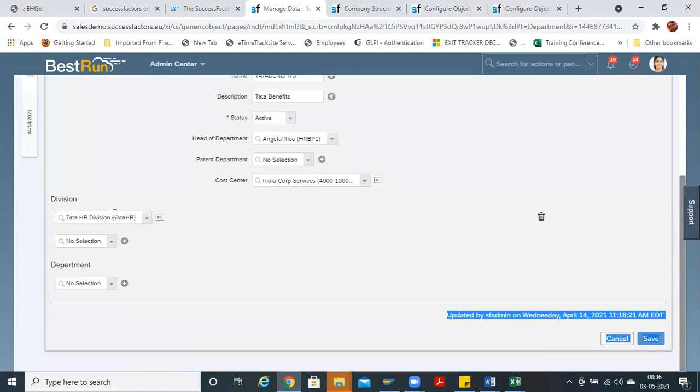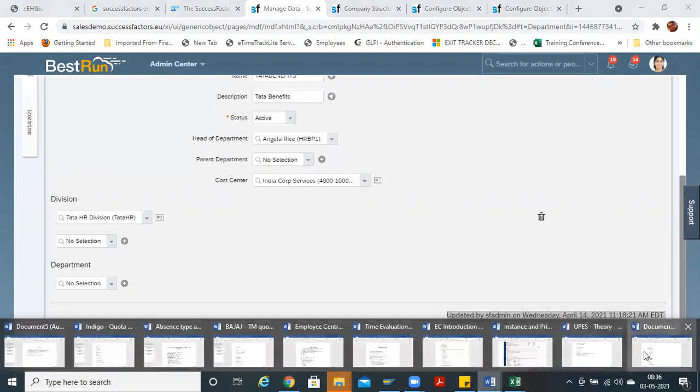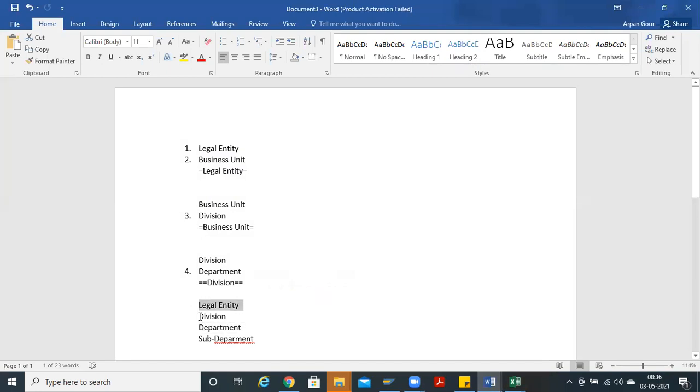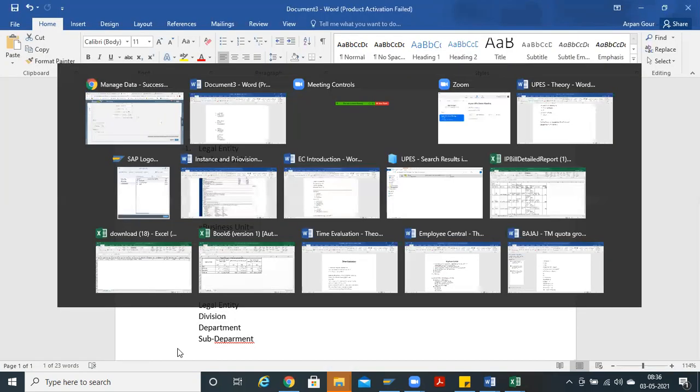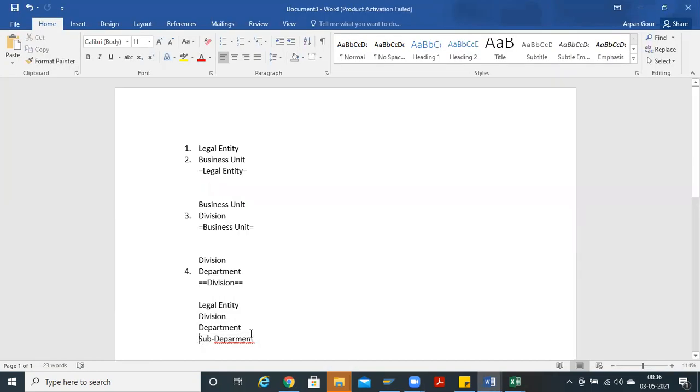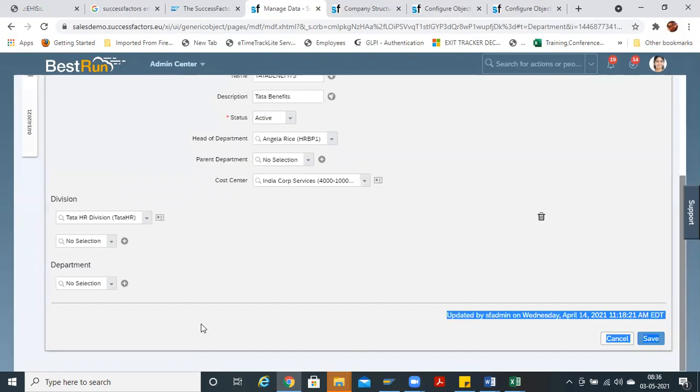But if you are going with a structure like legal entity, then business unit, then sub department, directly you are just giving division, and again division is further divided to department. Department you may associate again with department. Again, it will be a little bit confusing, like it is associated with division also and department also. So for that, you will be creating sub department and associating it with department. Got it? The difference?